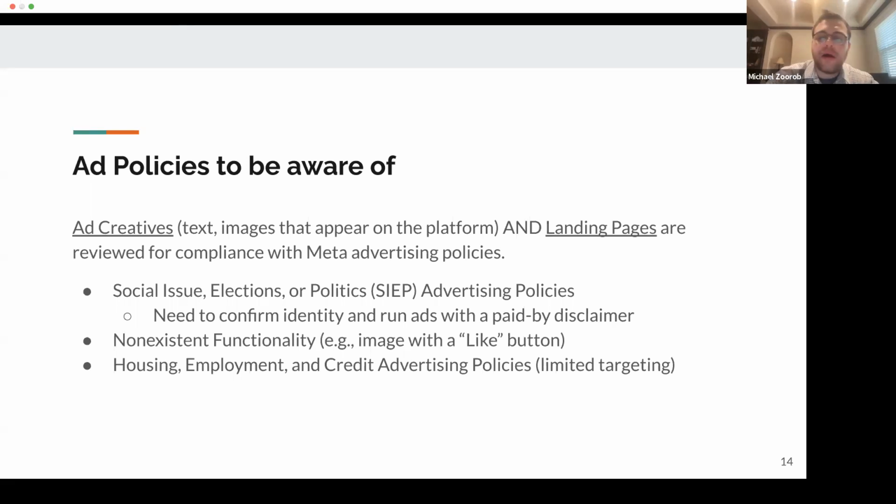For example, a survey ad that did not need to explicitly contain political content, but which used political imagery. So for example, in the United States, the major political parties have symbols like a donkey representing the Democratic Party and an elephant representing the Republican Party. And if your ad includes a picture like this, it's likely to be flagged as an unauthorized SEEP ad if you didn't go through this process, and then be taken down. And this causes a lot of friction. If this happens a lot, Facebook might even disable your ability to advertise. So it's something to keep in mind.